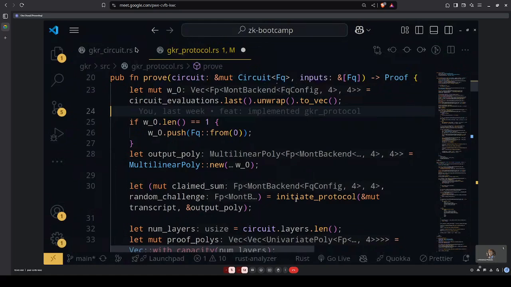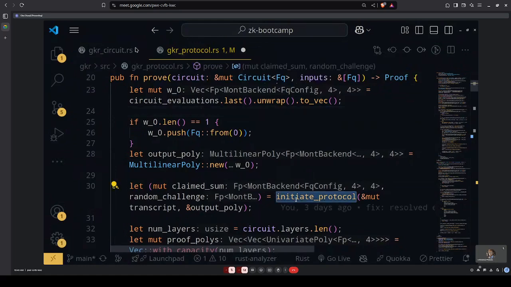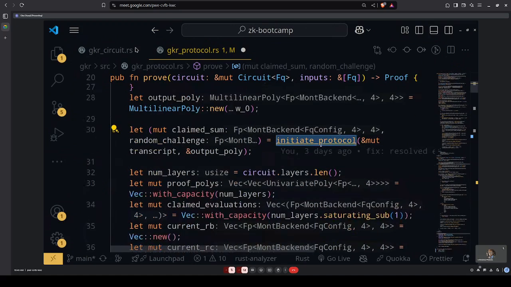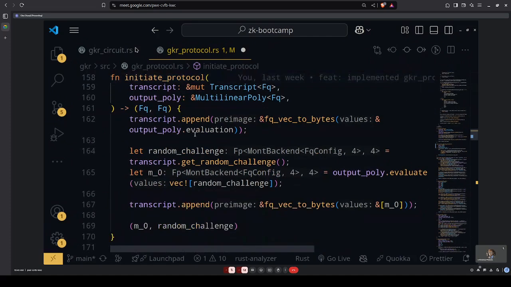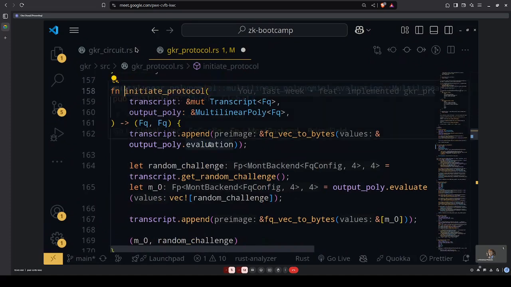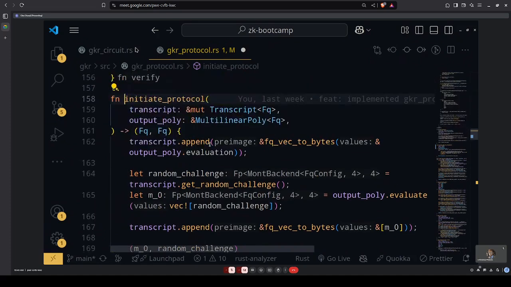I have a function called initiate protocol, and the reason I put it in a specific function is because both the verifier and the prover are doing the same exact step. So let us check what that one does quickly. It takes in the transcript and then the output polynomial, W naught. The main thing this one is trying to do is create our M0. Remember our M0 is